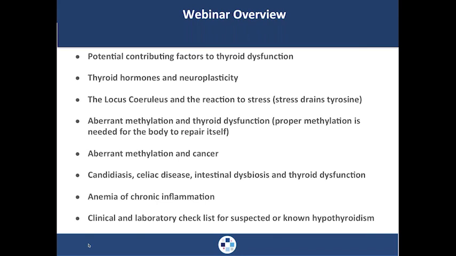Next is gastrointestinal conditions, candidiasis, celiac disease, intestinal dysbiosis. All of that can affect thyroid dysfunction by causing an aberrant presentation of what's known as a TH17 or T helper 17 cell that can cause thyroiditis or autoimmune disease, and we'll be exploring that. Next is anemia. Now, you may not be aware of this, but chronic inflammation can cause anemia, and there's a specific reason for that. That's why you always want to test before you give iron if somebody's iron deficient, because it can actually exacerbate